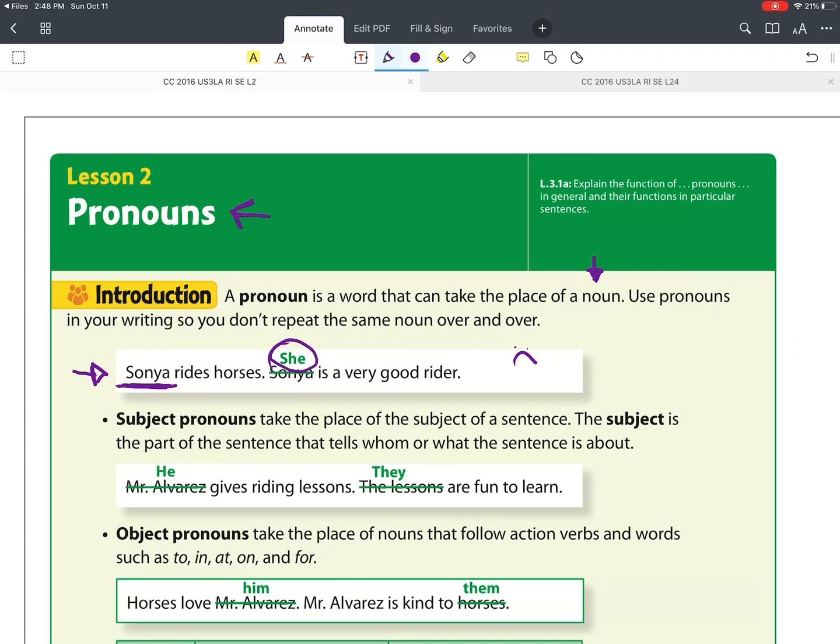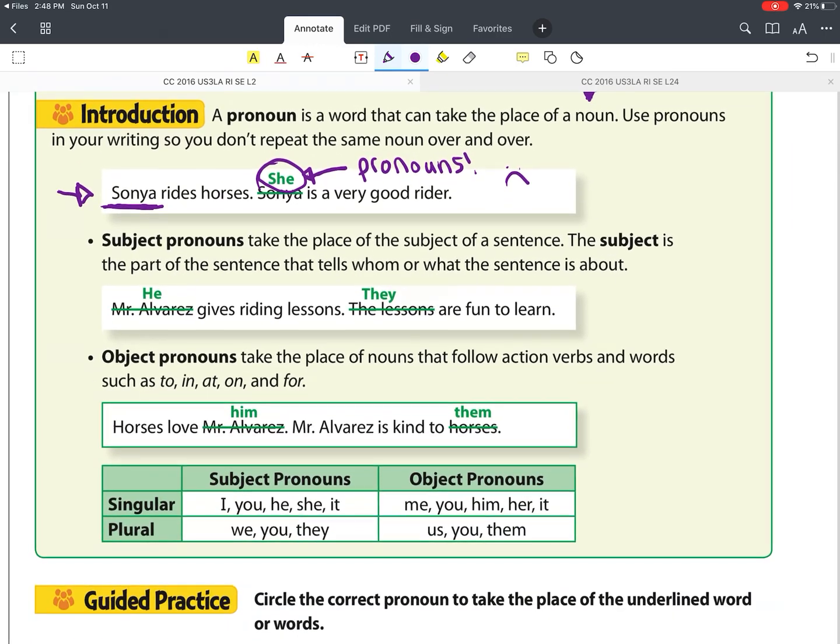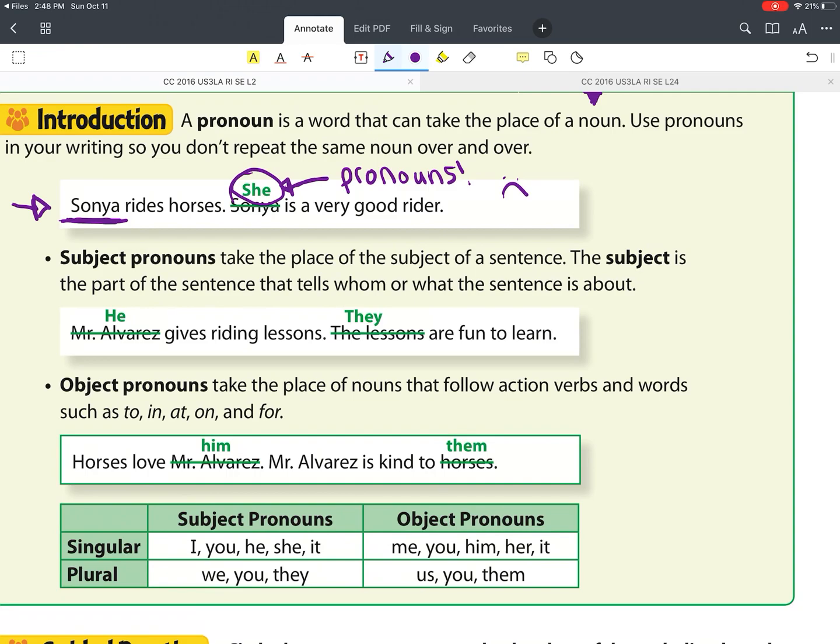Sonia rides horses. She is a very good rider. She is a pronoun. You use pronouns all the time already in your language, in your writing. That's just what they're called. It's just a word that replaces a noun. So, for instance,